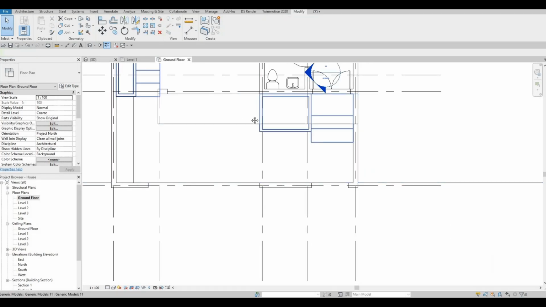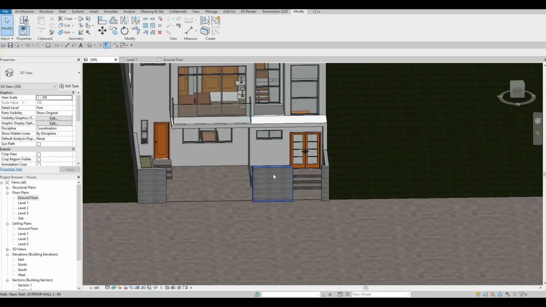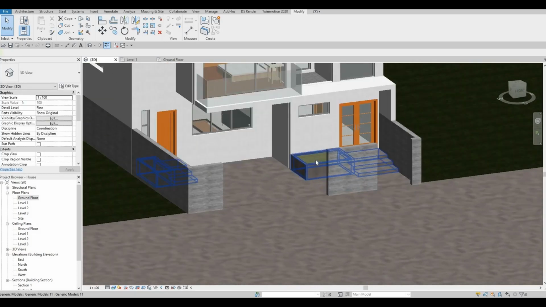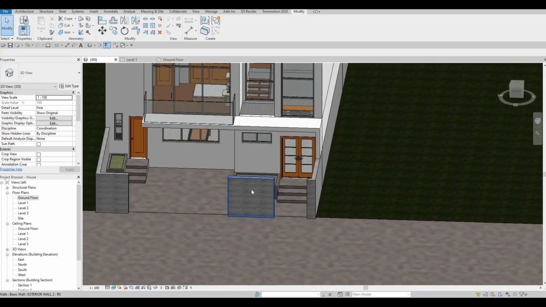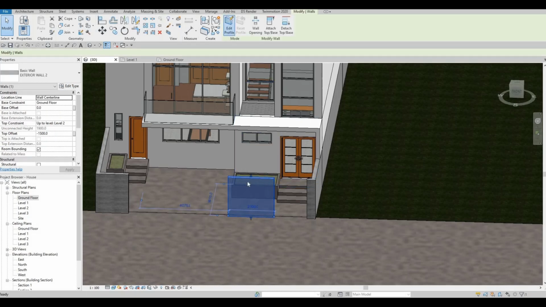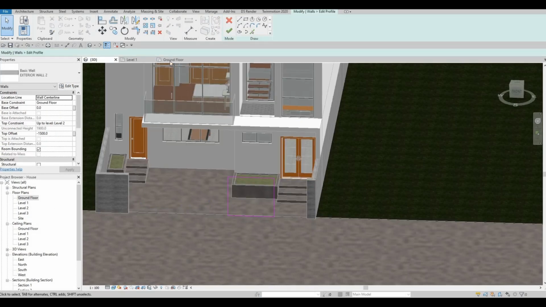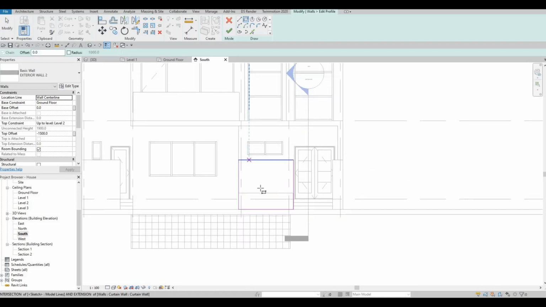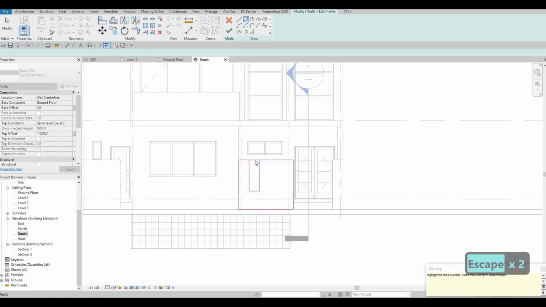After that, let's look at it in 3D and see that we could add some designs on our gate as well. So here we could also have designs for our front gate, especially here because we want to showcase the plant that we're going to add here. So what I'm gonna do is I'm going to edit the profile. Let's go to front, so that will be south elevation, and then we're going to edit something like this,